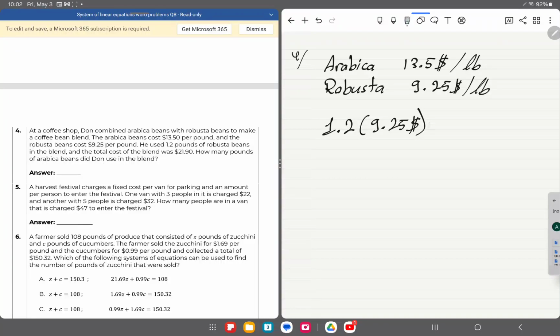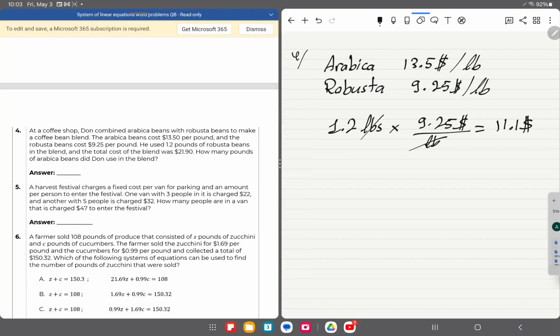So if you want to use units over here, 1.2 pounds times $9.25 per pound. Pounds and pounds go away, so I am left with 1.2 times 9.25,